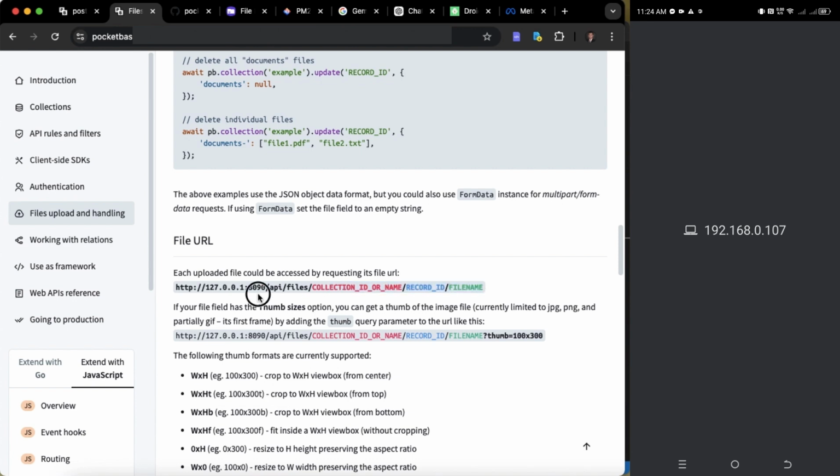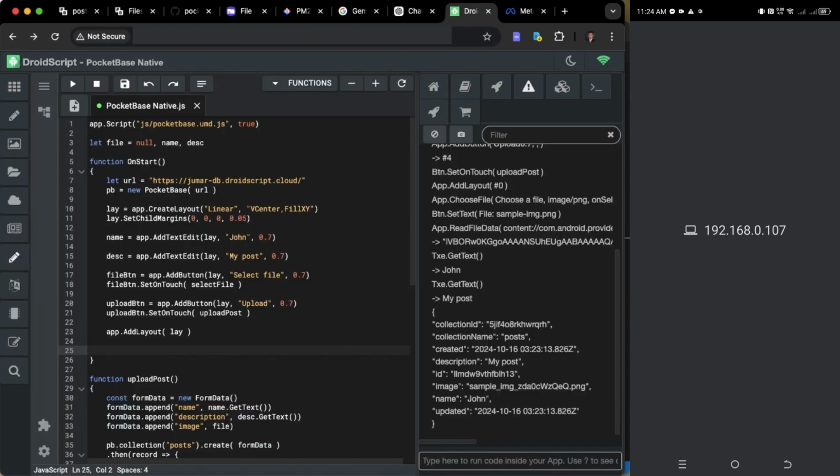I will just copy this link first. Just below this app.AddLayout, I will add our file URL. So var fileUrl equals this one. We know that this URL here is just our database URL, so I will just paste that here. So we have our URL plus api/files/collection ID.